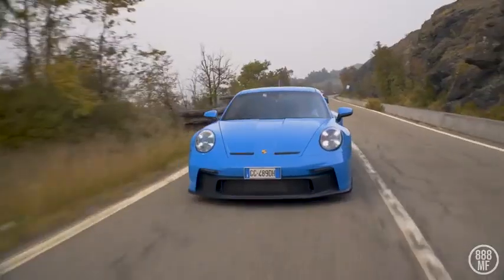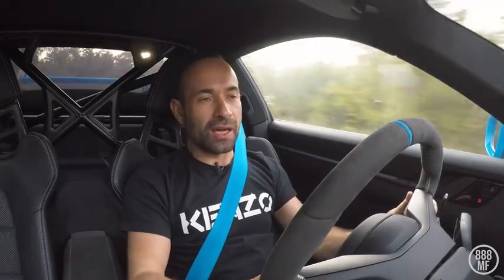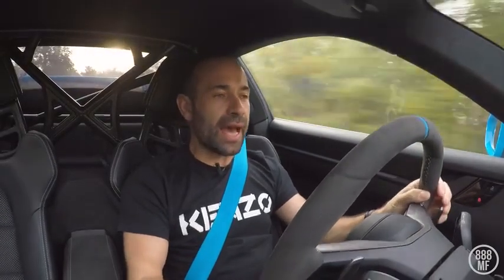So we're starting in the GT3, a wonderful car from Porsche, completely different to every other generation, with this clever suspension now at the front and rear axle steering. It just handles like a pure track car, and a very modern one at that. Old 911s, you really had to know what you were doing. This one is just so planted, so easy to drive, gives you so much